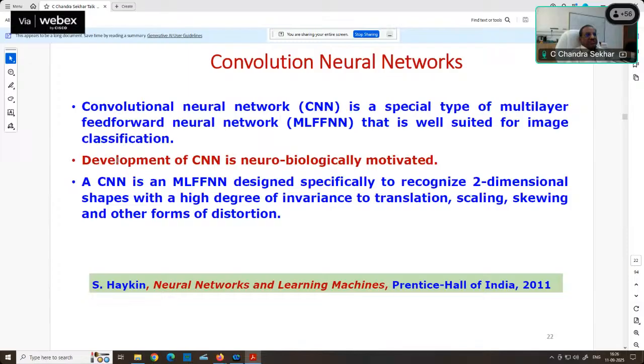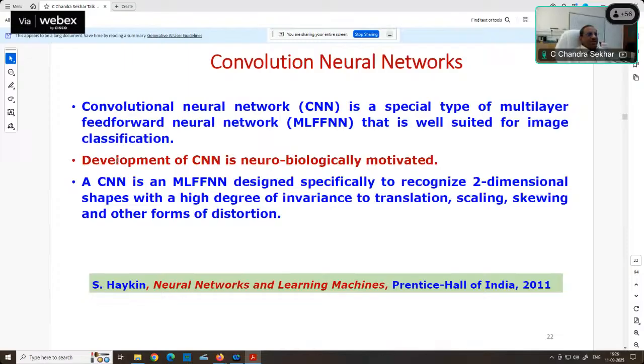the skew variations. Translational variation refers to the changes in the positions of the same object in the different images belonging to the same class. Scale variations refer to changes in the size of the objects, again among the examples of the same class. And the skew distortion refers to the change of the orientation of the object in the given image. Again, for different images, the same object may be present in different orientations. That's referred to as the skew